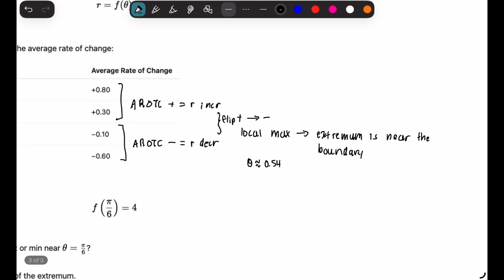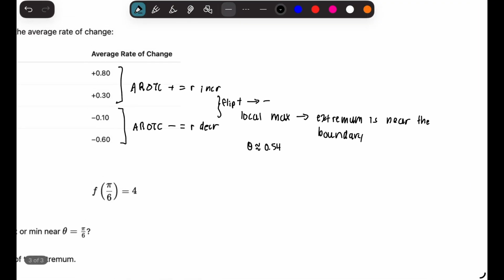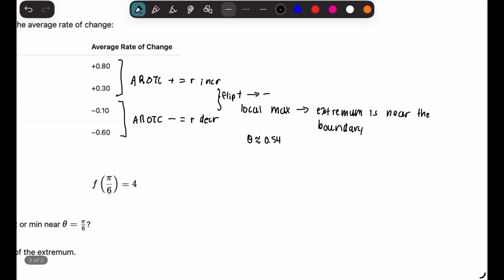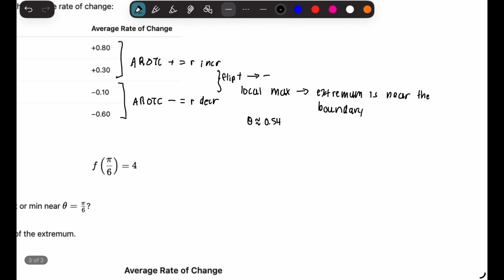We're focusing on the area that is near theta equals pi over 6, and pi over 6 is 0.524, which is right in that neighborhood. So near pi over 6 is consistent. So the coordinate of the extremum